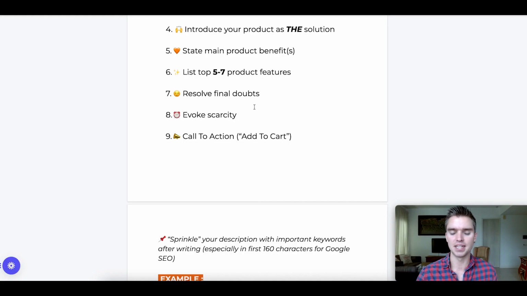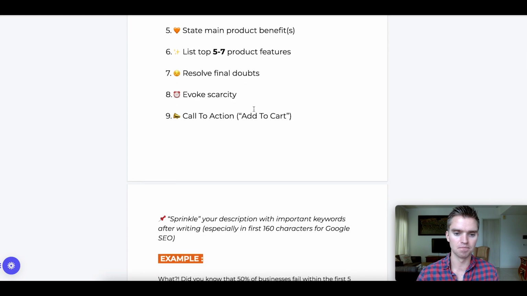Once we've resolved the final doubts, and again, this will depend on the product. Number 8, the second to last step, is we want to evoke scarcity, right? Some form of scarcity. So it could be like a limited time offer, price will increase in the future. Now make sure obviously that you hold up to this. If the price isn't going to increase in the future or whatever that might be, there's only 10 in stock,